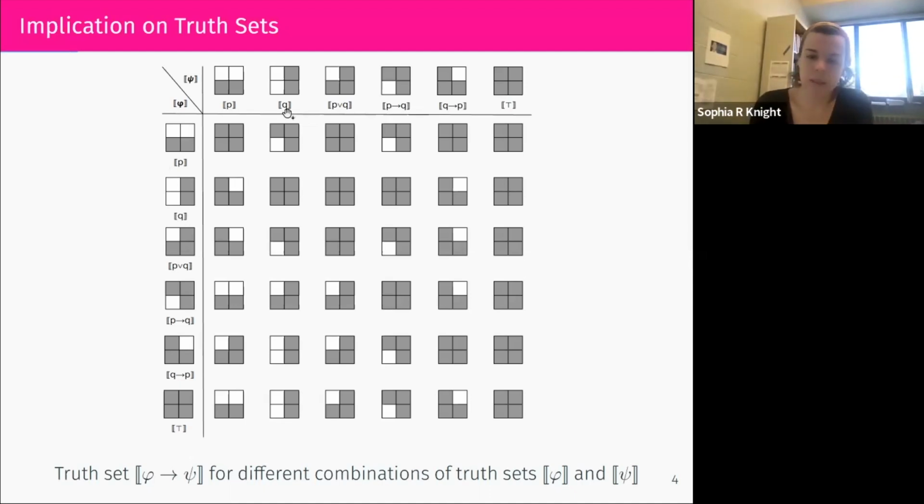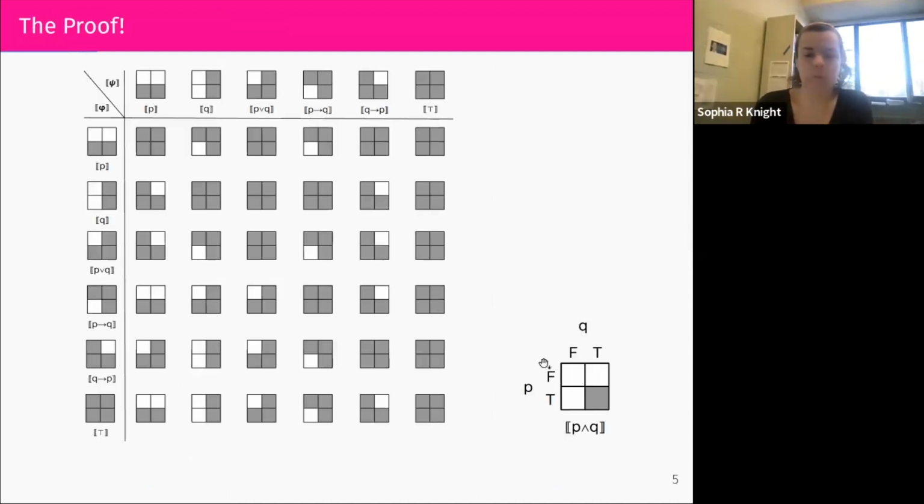So then this lets us answer the question of whether conjunction is definable in terms of implication. So we see that this truth table, this diagram does not show up anywhere in this closed truth set algebra. And that means there's no way to obtain a formula equivalent to P and Q using just implication. So this is not difficult to understand. This is fairly obviously true, but we can extend this method to other logics to prove more complicated undefinability results.